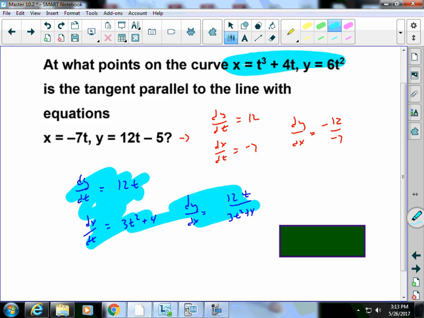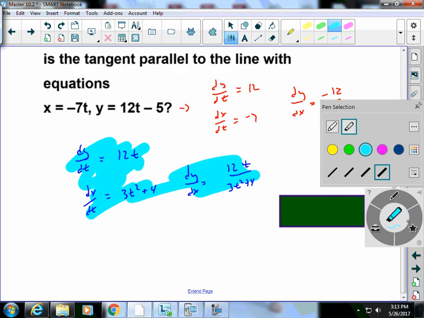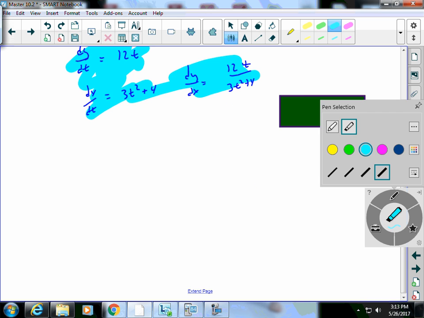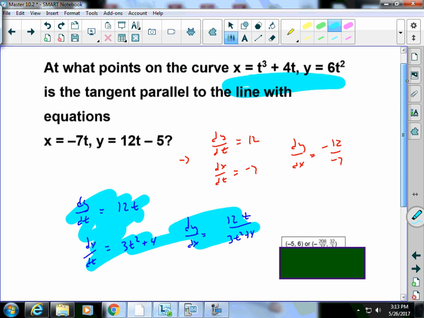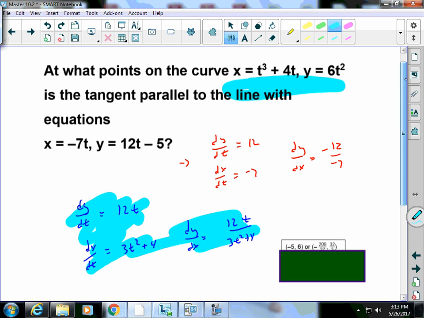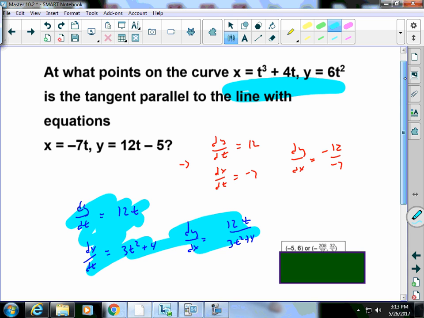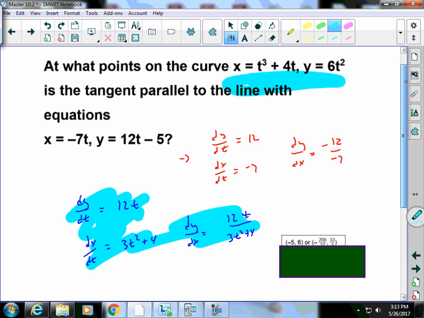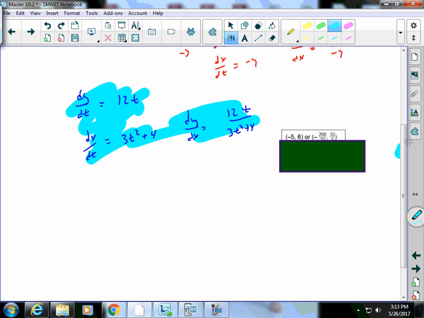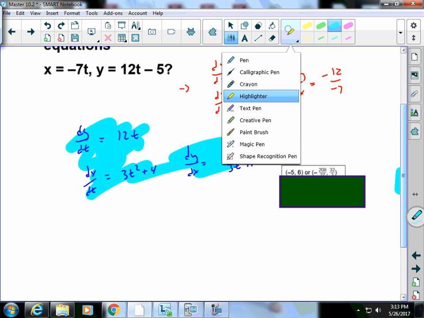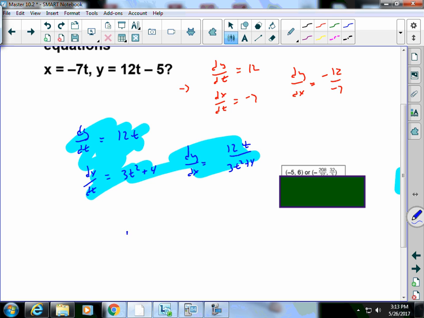So now I have those two, and I want to know when they're equal to each other, right? That was the question. It said, at what point on the curves x equals t cubed plus 4t, y equals 6t squared is the tangent parallel. So now I have my tangents. I want to know when they're equal to each other. So I care to know when is 12t over 3t squared plus 4 equal